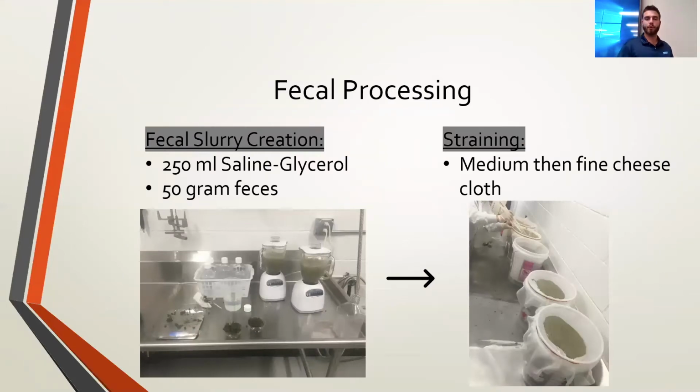So the first step of processing was taking the 34 pounds of feces, homogenizing it using 250 milliliters of saline glycerol to 50 grams of feces. And this solution was again based off a Dr. Niederwerder's study, which was a step in the human FMT literature. But the saline glycerol solution, besides its diluting use, was to provide safety for the bacteria in the solution when